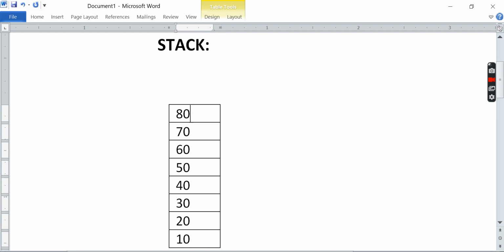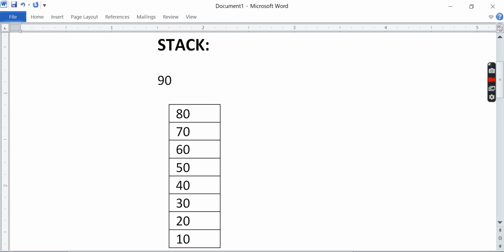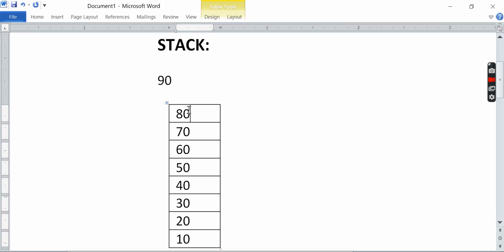Until then you can put other elements there. Now if you want to put this 90 into the stack, you cannot, because the length of the stack is full, right? The length of the stack is equivalent to the number of elements in it, so we cannot put this 90 into this stack.